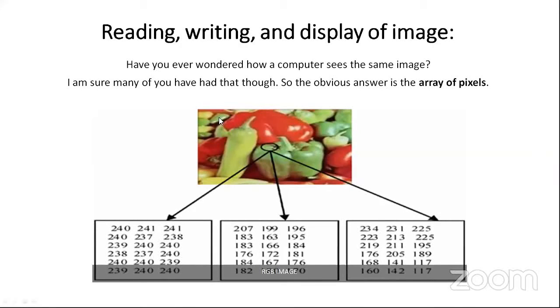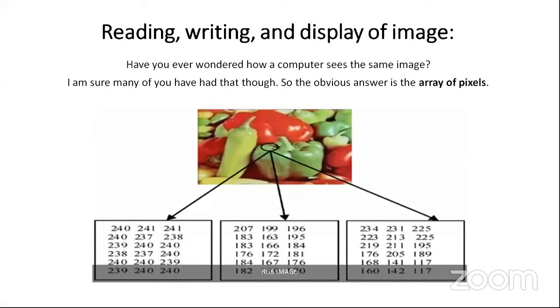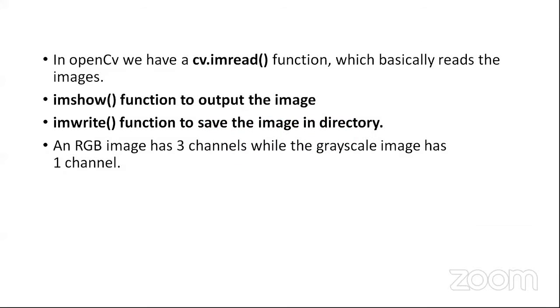So this is the pic. The computer can see that yes, this is a pic, and we have an array of pixels corresponding to this pic. The computer doesn't know whether this is a capsicum or a banana or anything else, but it knows that this is an image, and we have an array of pixels corresponding to that. So the first stage in building any classifier is to read the image. So how can we read it?